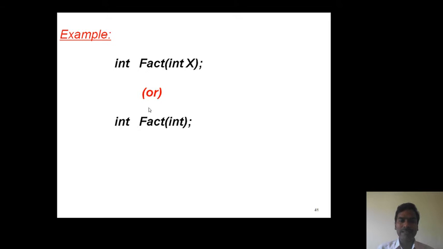This statement is a prototype statement that intimates to the compiler that fact is a user defined function which accepts only one integer argument. After implementation, the function is capable of returning an integer value. So this entire information is available in the function prototype statement.